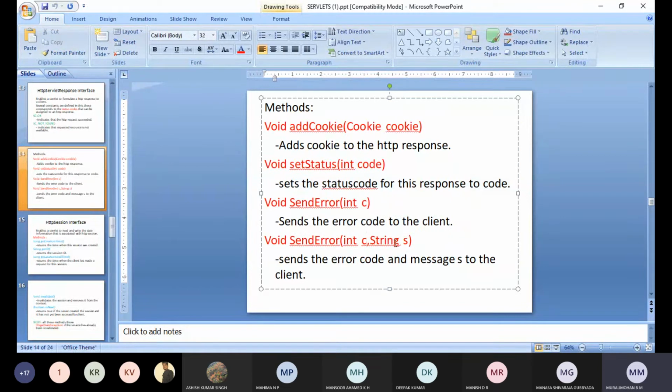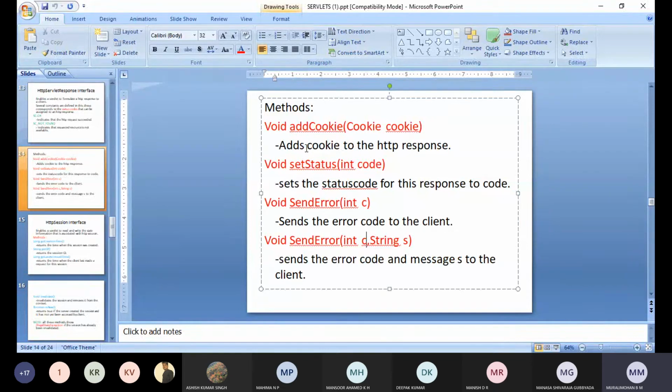So first one, addCookie method: this will add cookies to an HTTP response. Next one, setStatus method. It will set the status code for this response to code, whether it is SC_OK or SC_NOT_FOUND.